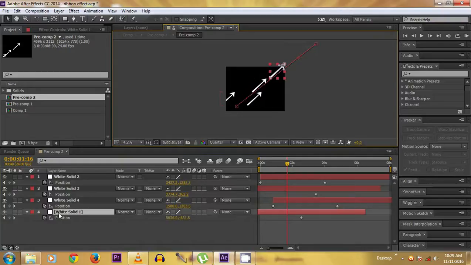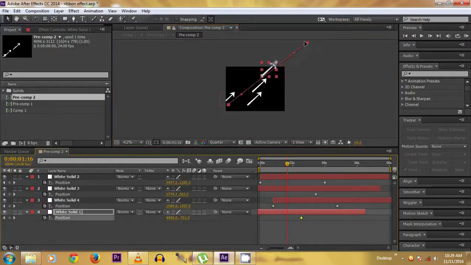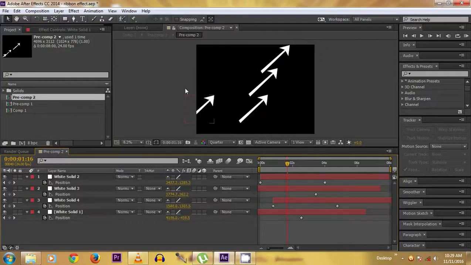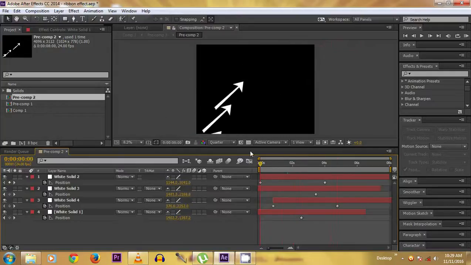Press P, then select position and move it a little bit. Okay, now we have the arrows with different positions.